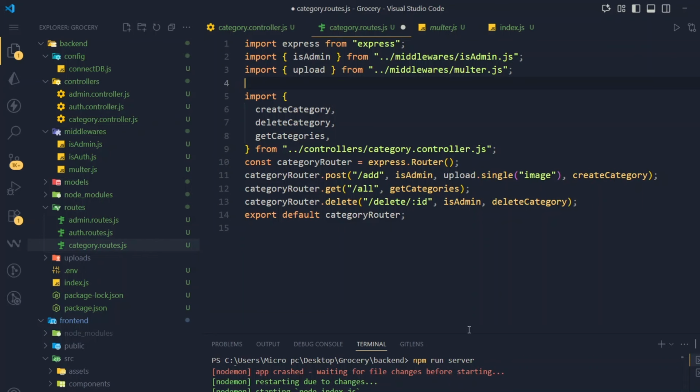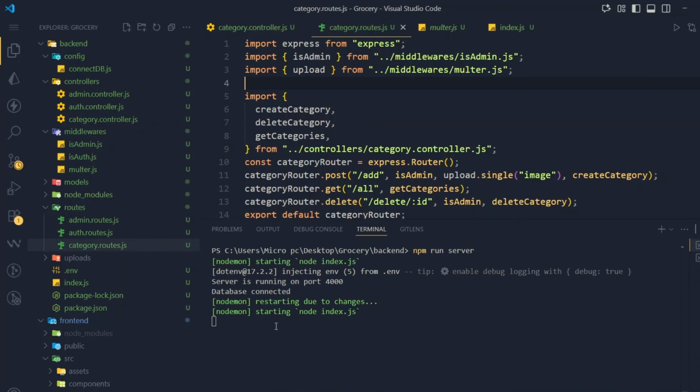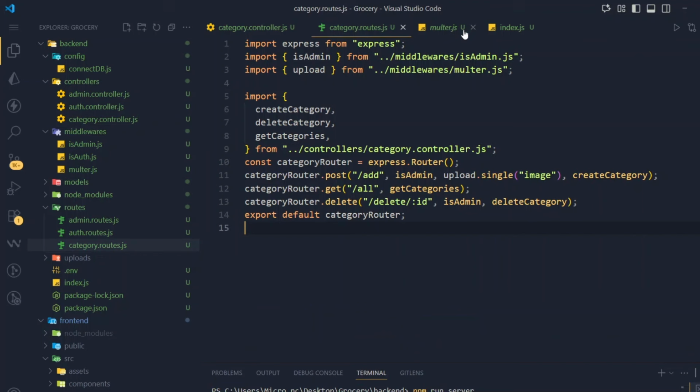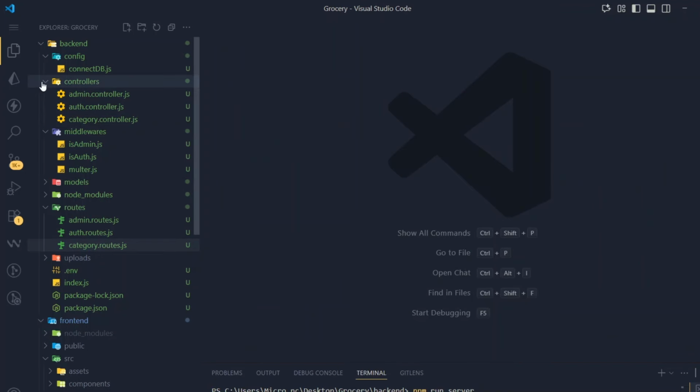Okay, now our error is gone. You can see here our terminal is clear. So this was one issue. We did not create our multer, so we have now configured our multer. So in this way we have done our category section. Let me just close all these files, and now it's time to build our